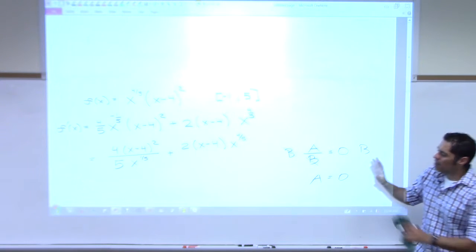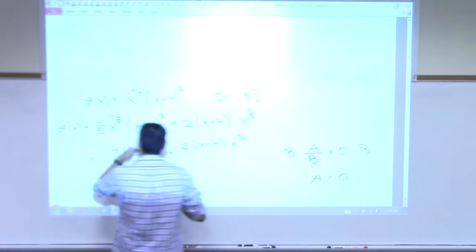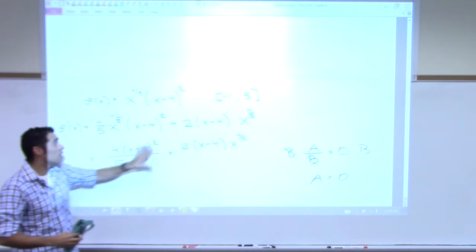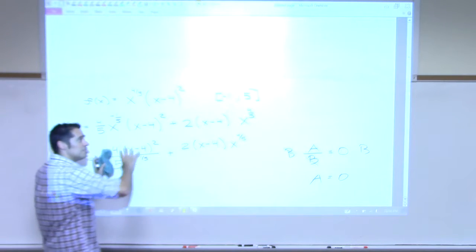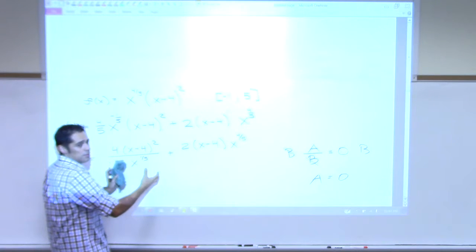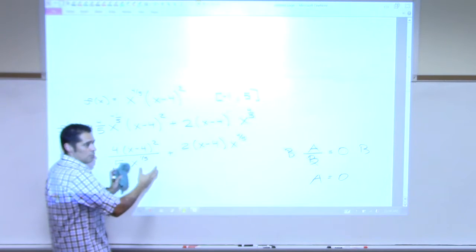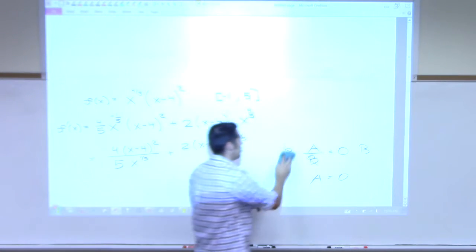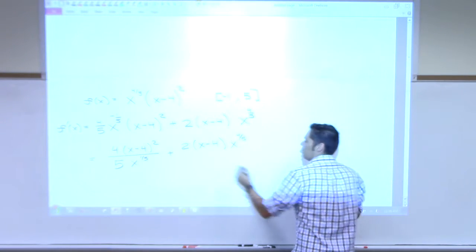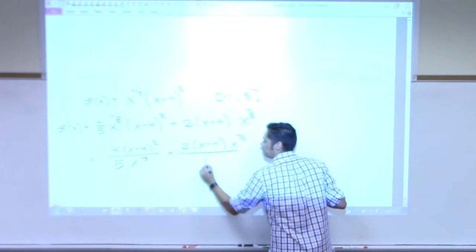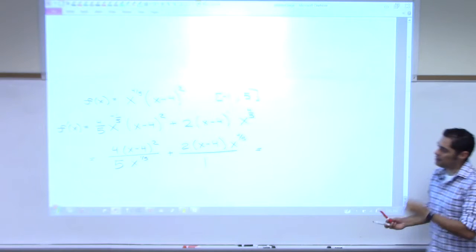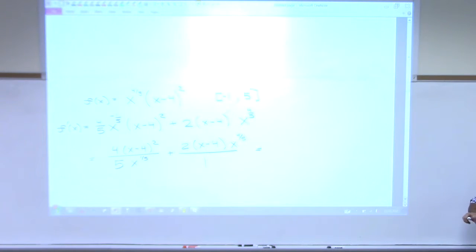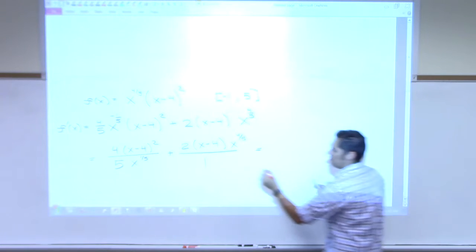So when I look at this right now, I see I have a fraction, which is just part of this whole thing. I'm going to want to set that equal to 0. So what I'm going to try and do is turn this into one big fraction first. One big fraction. So I need a what to put those together? Common denominator. So imagine that this is over 1. What am I going to need to make appear in the denominator on the second fraction? 5x to the 1/5. I have to introduce that down here